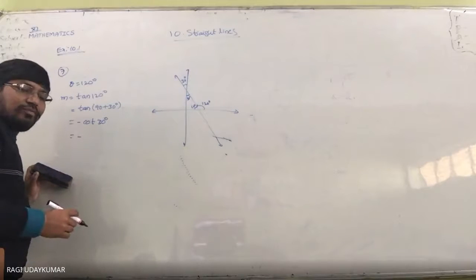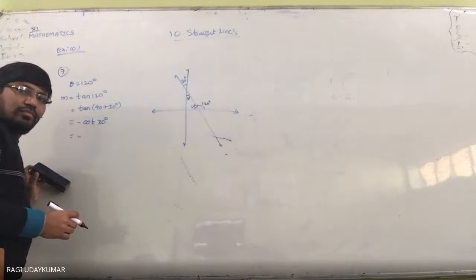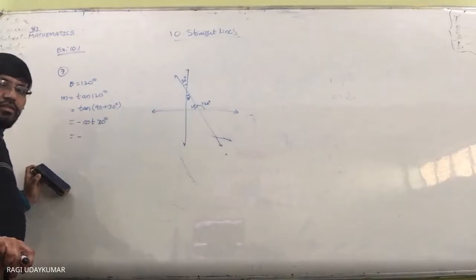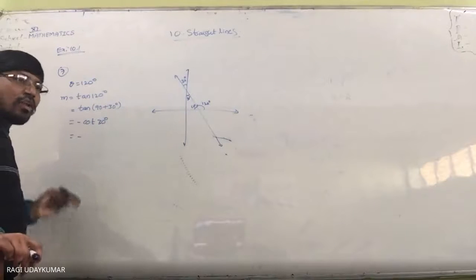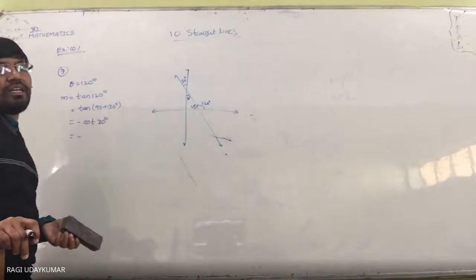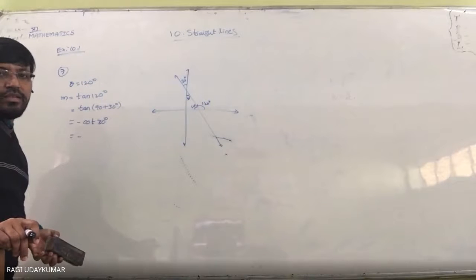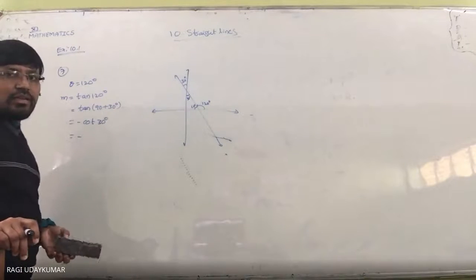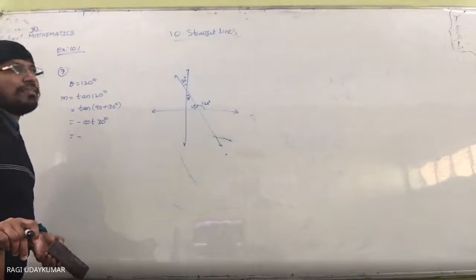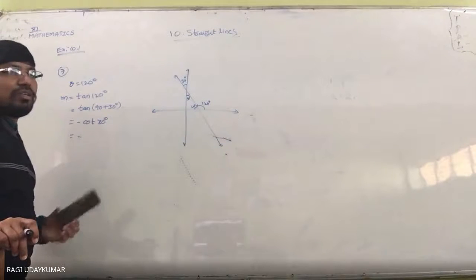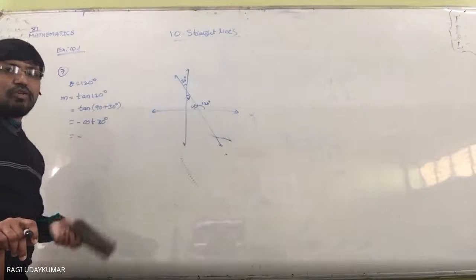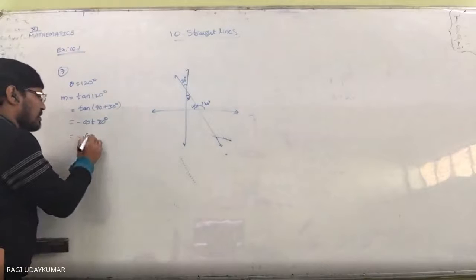Cot 30 degrees value. Minus cot 30 you will get now. Yes, these are all things that should be on the tip of your tongue, beta. When I say cot 30 degrees, what comes to your mind: tan 30, sin 30 is 1 by 2, 1 by 2, 1 by root 3 is tan 30, and 1 by root 3 being tan is nothing but root 3 being cot. Root 3 is cot 30. Done.